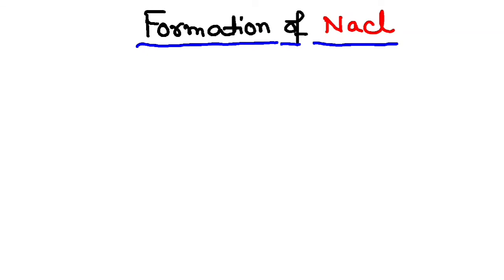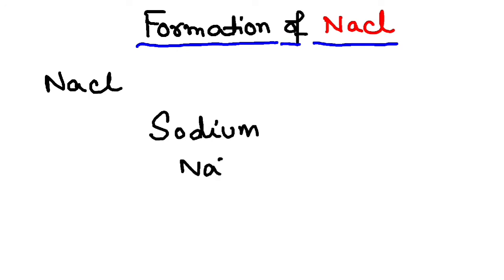Hello students, in this video let us learn the formation of NaCl, sodium chloride, and in the later part of the video I will explain what is an ionic compound. Okay, so NaCl consists of two elements. One is sodium, that is Na, and the other is chlorine,